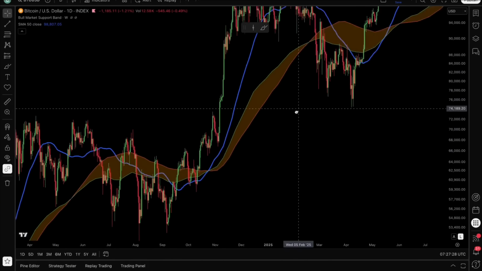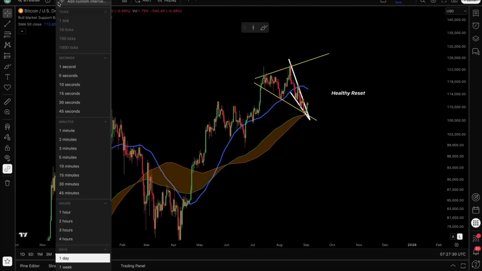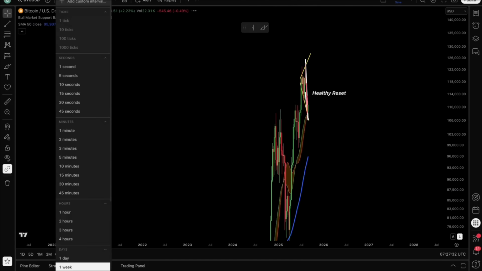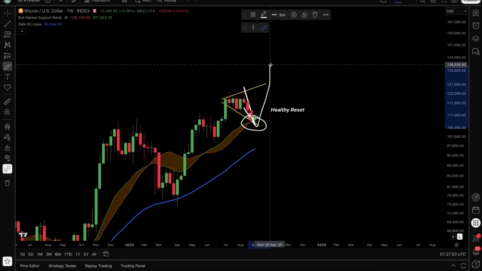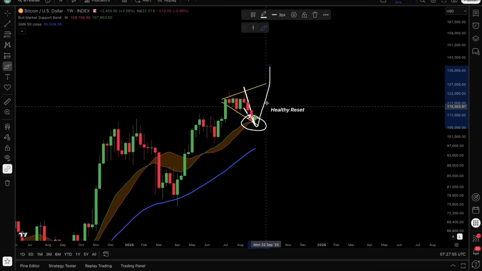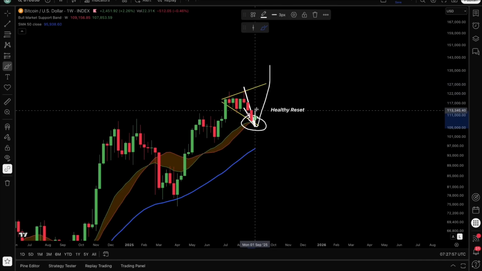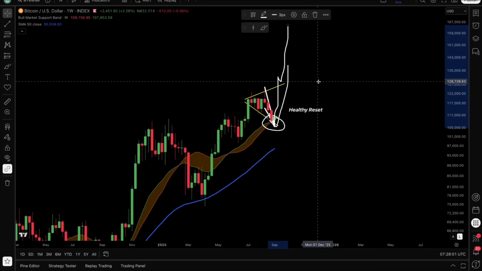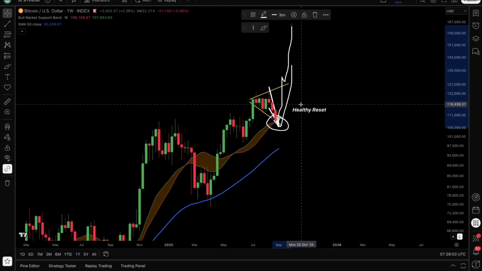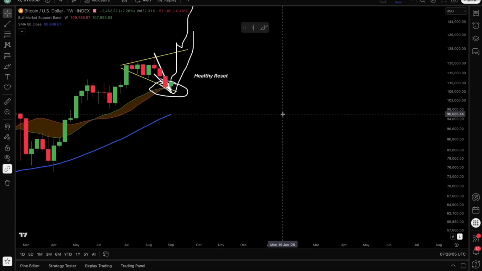So that is why I'm going to say, if Bitcoin on the weekly time frame can hold above this bull market support band, I'm going to be expecting a bounce from that bull market support level, and also initiating that final Bitcoin wave out of the broadening wedge, possibly seeing a retest and then eventually a new move higher, because that's what usually happens with broadening wedges like this.